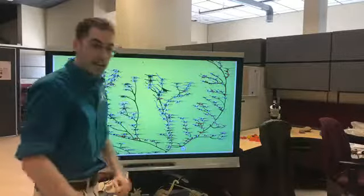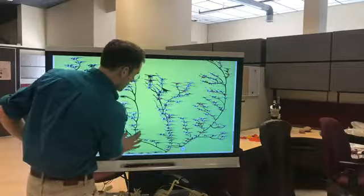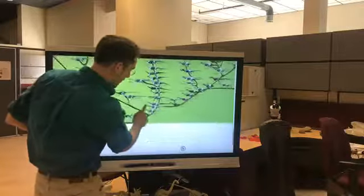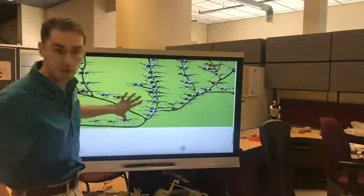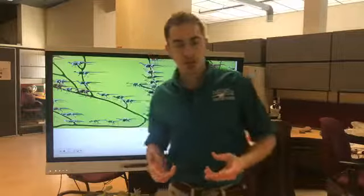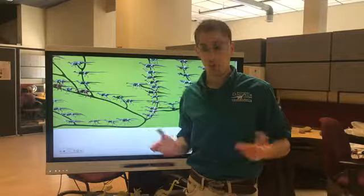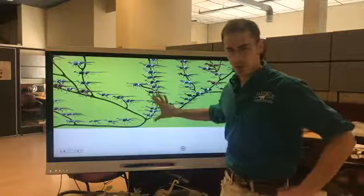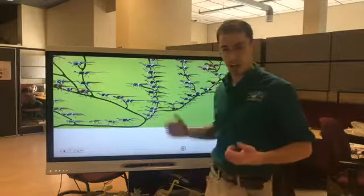So this group of scientists out of the UK didn't look at the final forms of dinosaurs. They went back to the origin of dinosaurs, right at the bottom of the family tree. These very primitive animals like Eoraptor and Herrerasaurus. These are some of the earliest dinosaurs from the late Jurassic period, roughly around 220 million years ago. Some say even earlier. And these guys have been so problematic for so long, we didn't know where to put them. They have a lot of features that look like theropods, but they have a lot of features that look like